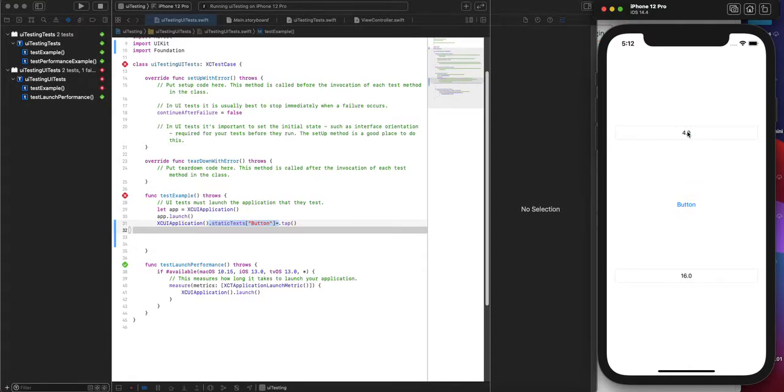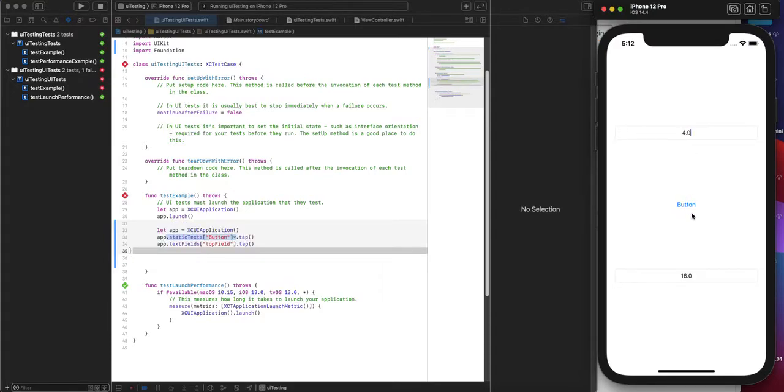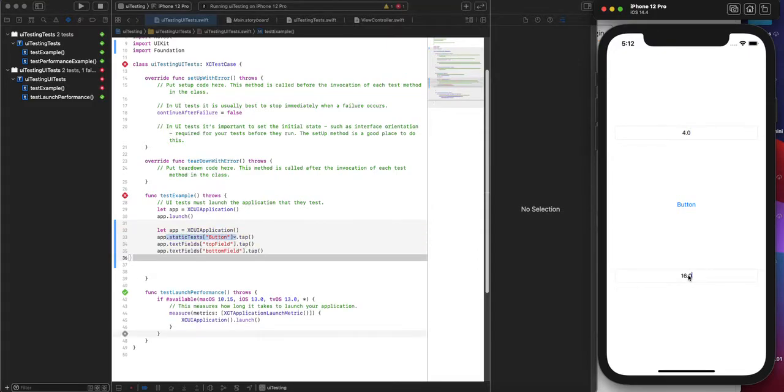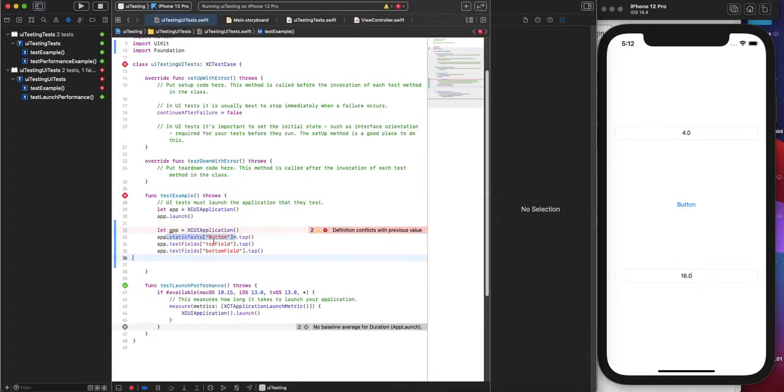Button. Okay, top field. Never mind this. We are tapping just to get our information for our view controller. So as you can see, you got this identifier here, this identifier,